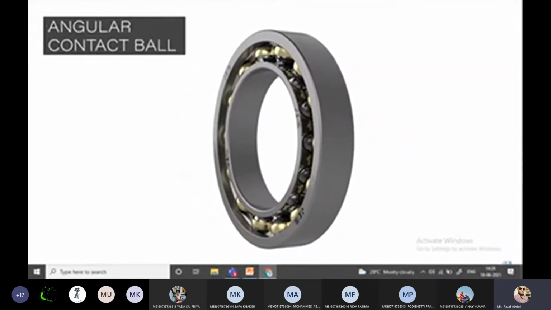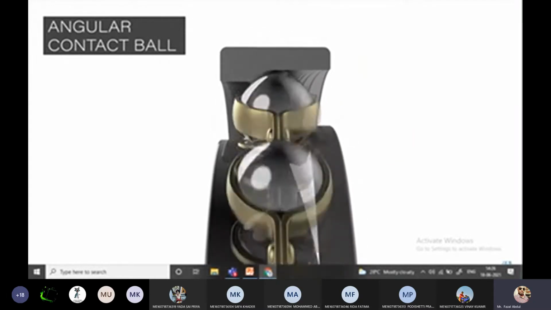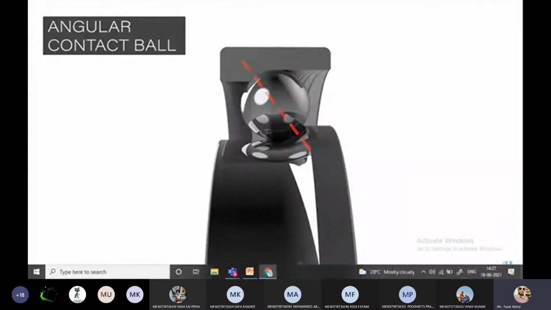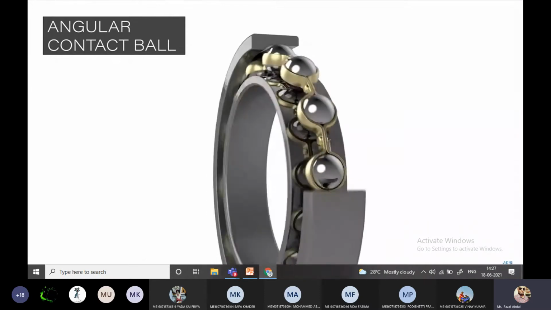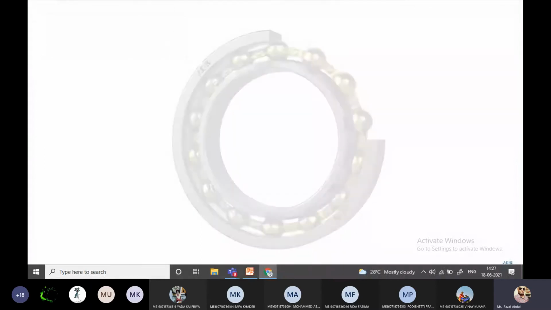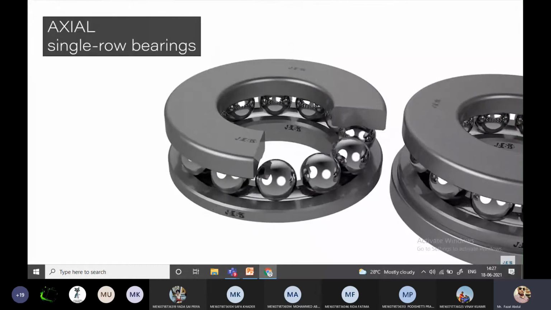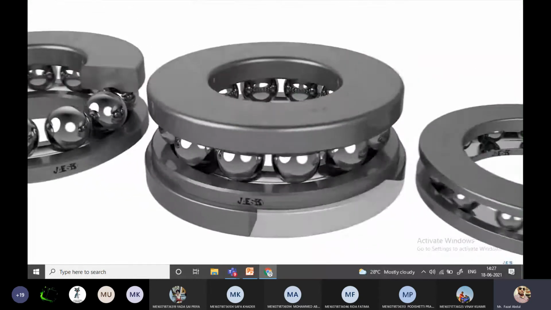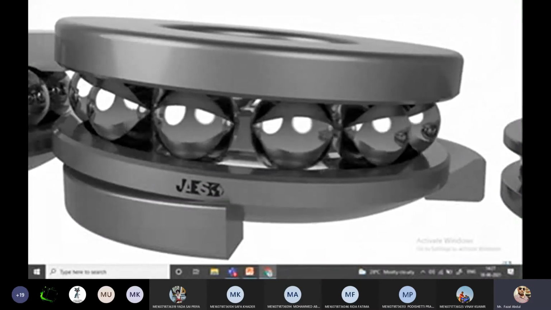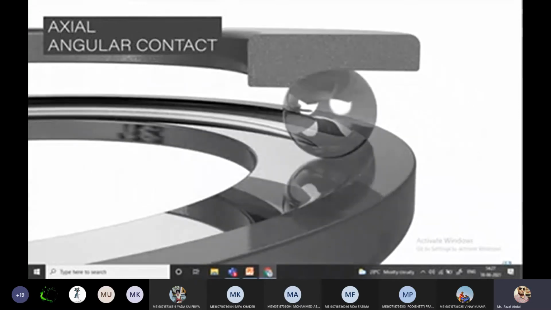There are also angular contact ball bearings that have either one or two rings of spheres. They typically have an oblique position with respect to the axis of rotation, with the load line passing through the contact points between the balls and the rings. They can withstand higher radial loads and axial forces. Finally, it could be noted that all these varieties have an axial configuration in order to withstand a mostly axial load. They are also called thrust bearings.